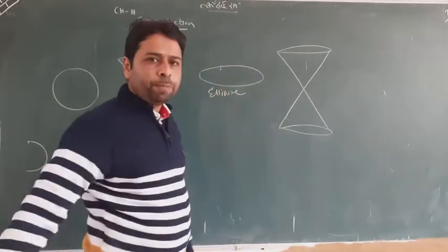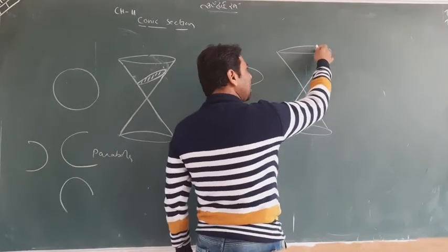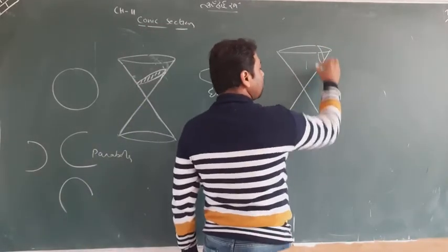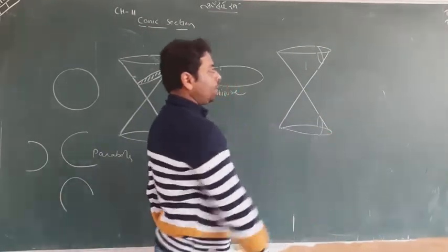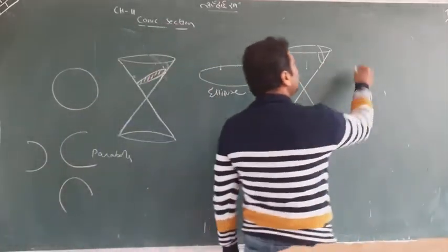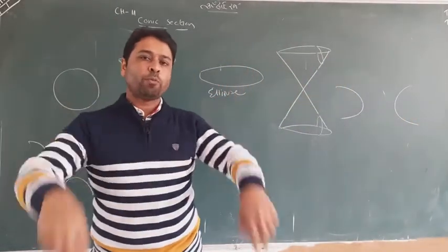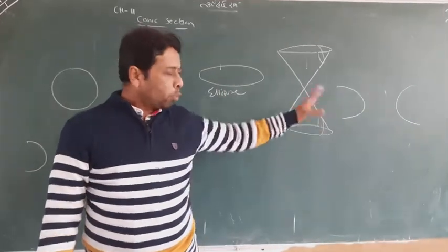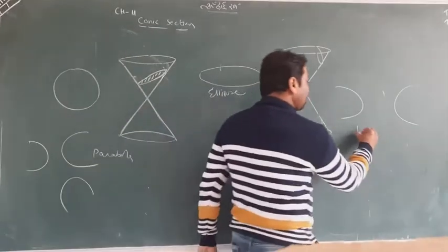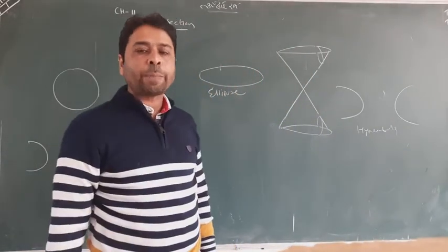And last but not least, you have the double cone. If you cut this double cone in a vertical way from top to bottom, you will have two shapes, one this one and second this one, like that. Both together, two same parabolic shapes, together will give you a new concept. It is called a hyperbola. So these four sections we will study in this chapter one by one.